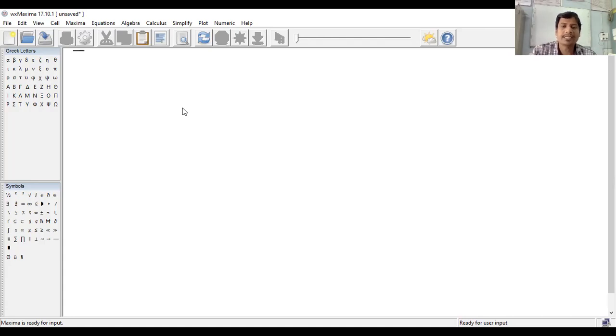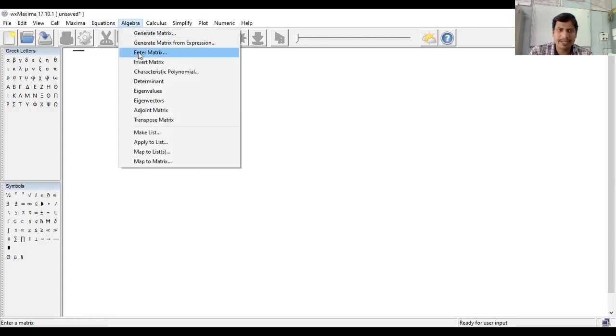Here there is a key command. What is the key command? It is A, then colon, then matrix. You already know how to find that. A is equal to, first you go to Algebra, then go to Enter Matrix. That is the A matrix. Then after that you substitute some values.